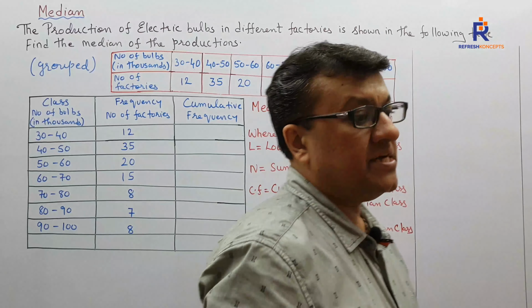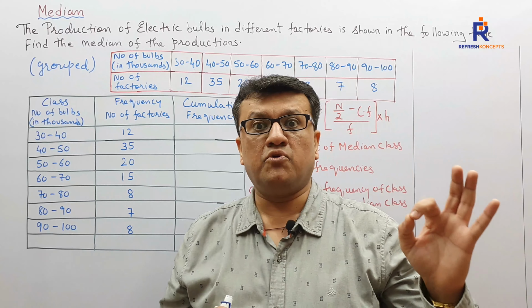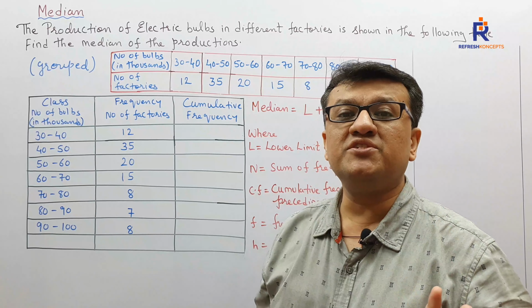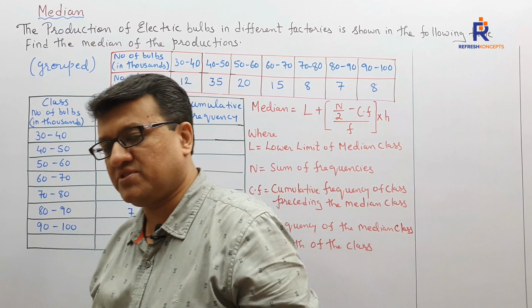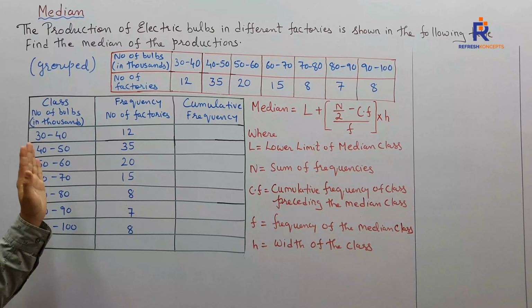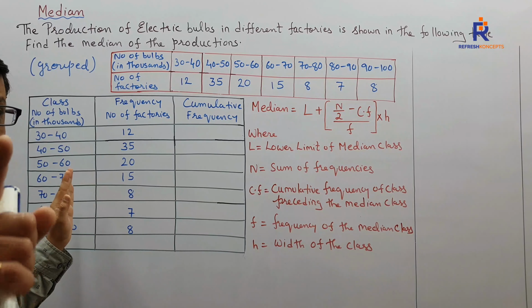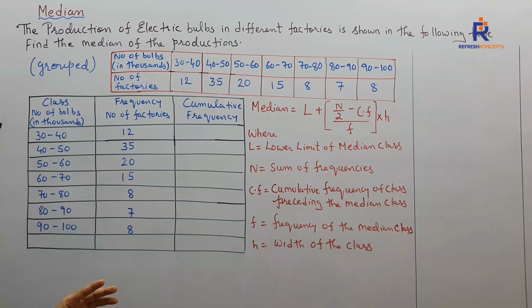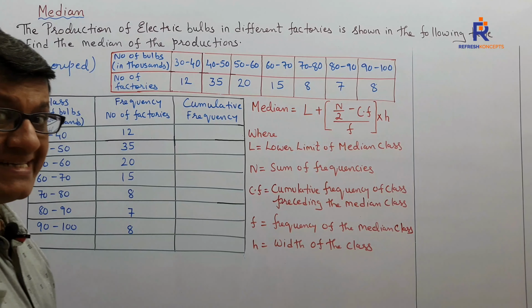Right, children? Now first thing is what? First and the utmost important thing which you need to remember, number of columns. That's where students normally tend to get confused. How many number of columns do we need to have for finding median? You need to have 3 columns. But if the classes are not continuous, then 4 columns. Before that, let me make you understand the classes are continuous or not. 30 to 40, 40 to 50. So classes are continuous.